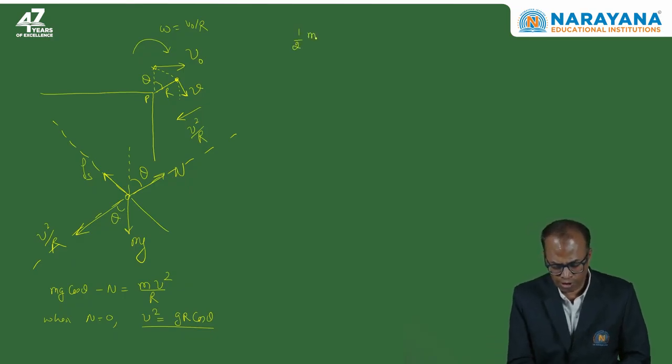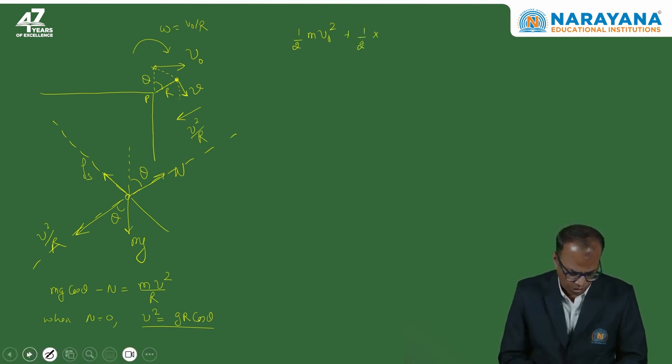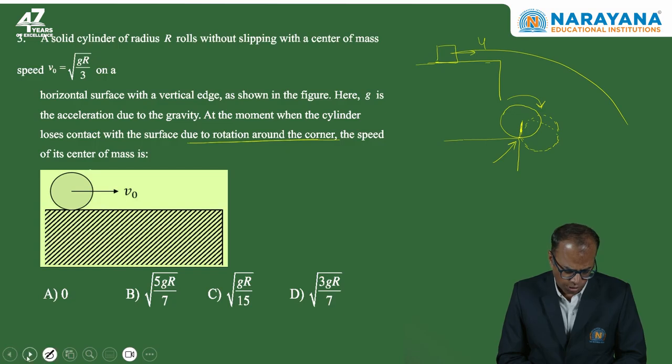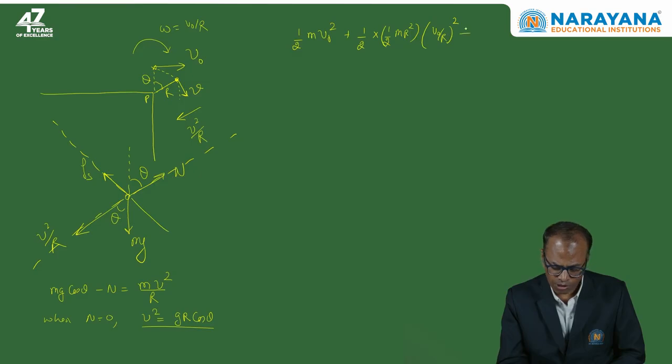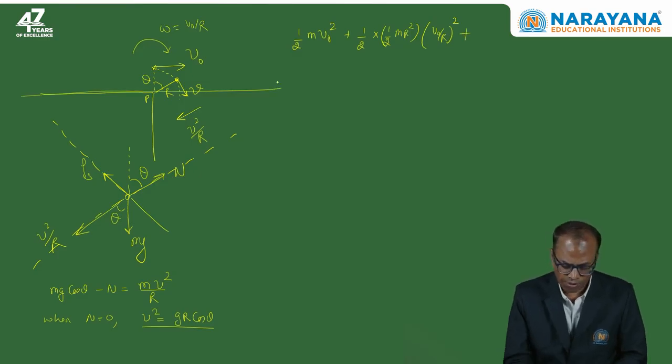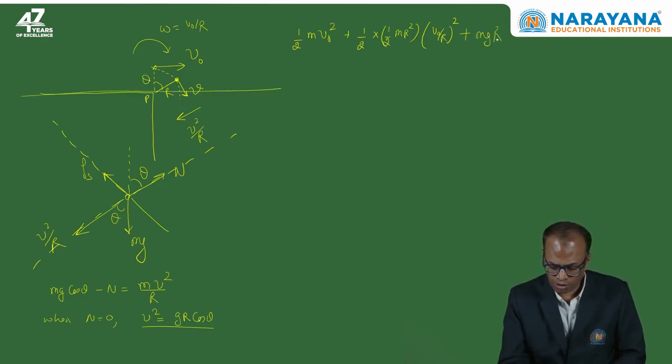And related with the initial speed, I need to use energy conservation. Initial translational kinetic energy half m v naught square. Initial rotational kinetic energy half into the moment of inertia. Solid cylinder, so it is like a disk. So moment of inertia will be 1/2 mr square into the angular velocity v naught by r whole square, plus initial gravitational potential energy. Let me choose this as a reference. Then initial gravitational potential energy is mgr,